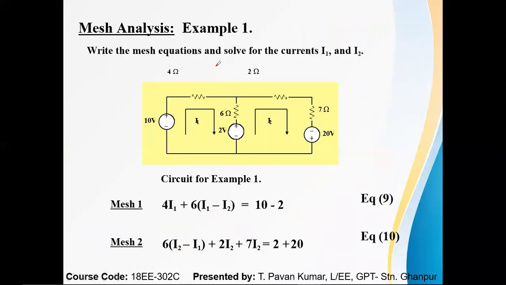So here let me read this problem. Write the mesh equations and solve for currents I1 and I2. You want to know the currents for this. Already in the problem the directions of current are indicated, that is clockwise. He doesn't want to know the branch currents, the 4 ohms current, 2 ohms current and the 6 ohms common branch current. He doesn't ask for that. He has clearly asked for the currents I1 and I2, which are indicated in the question. So I want you to read the question clearly. Based on the question, you need to give the correct answer.